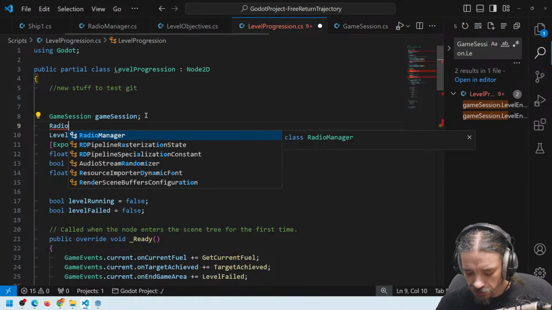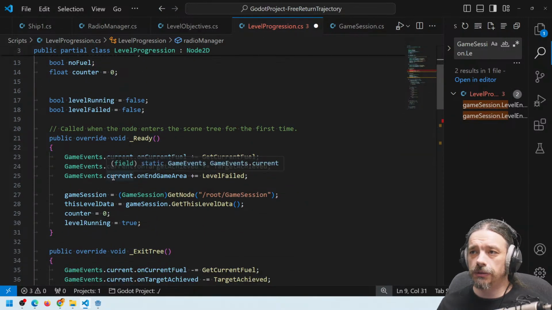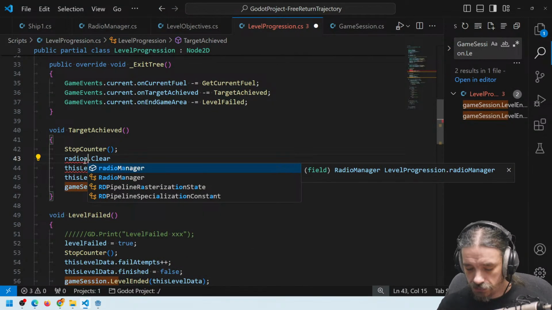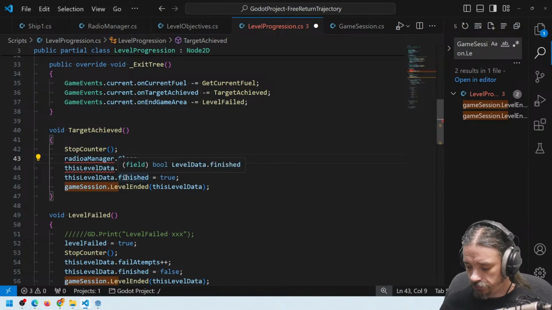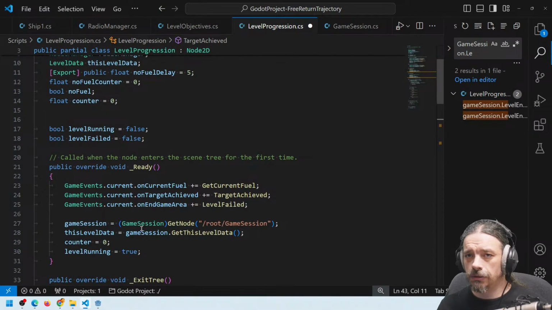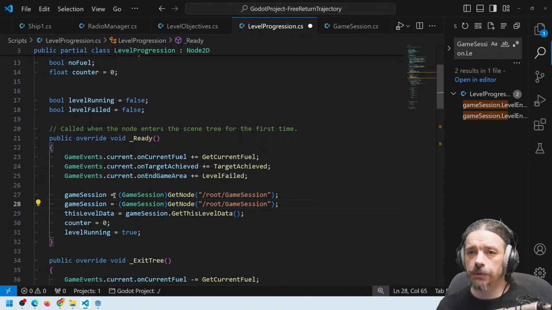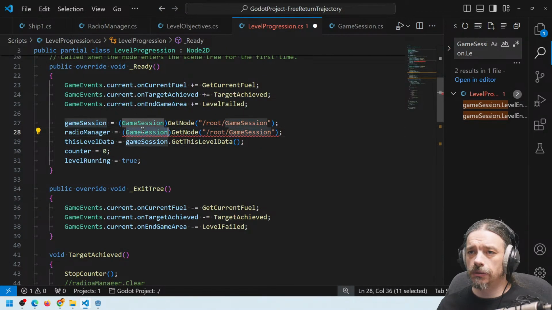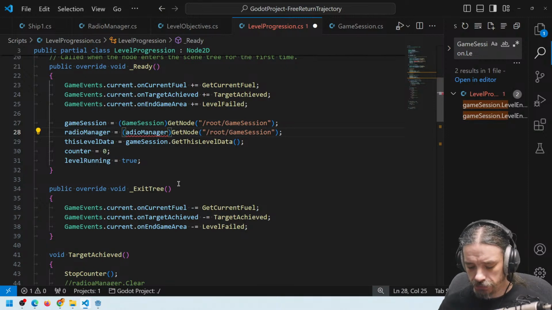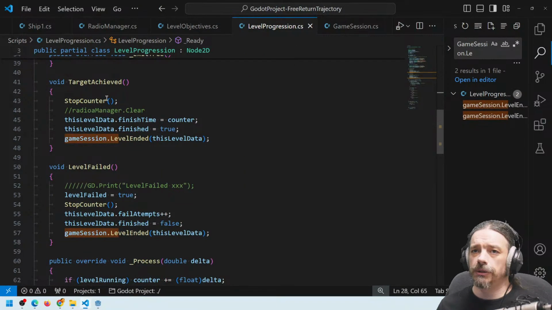So radio manager, and here we say radio manager dot clear. I need to get it like this. Copy paste radio manager, paste, paste, paste. So now we have an access to the radio manager from the level progression, and when we achieve the